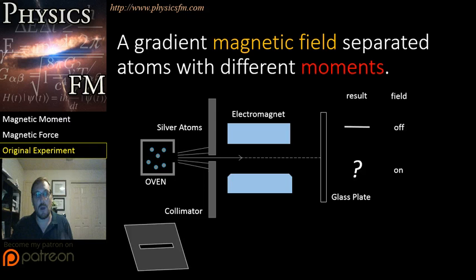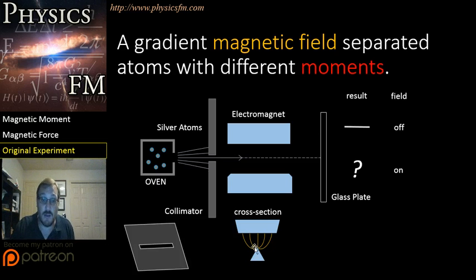Now what we want to know is what happens if we put an electromagnet in there. So I've got this electromagnet in here, and we know what would happen if I had no field on, right? So what would happen if I did put a field on? Well, I need to put on a field that has a gradient, and so I'll use a pole piece that looks like this in cross section. And you'll notice that very, very close to that point of that triangle, everything looks like it did in that picture I was talking about previously. And we could talk about details of all of the field lines here. They're not really that important. What's important is that, along this